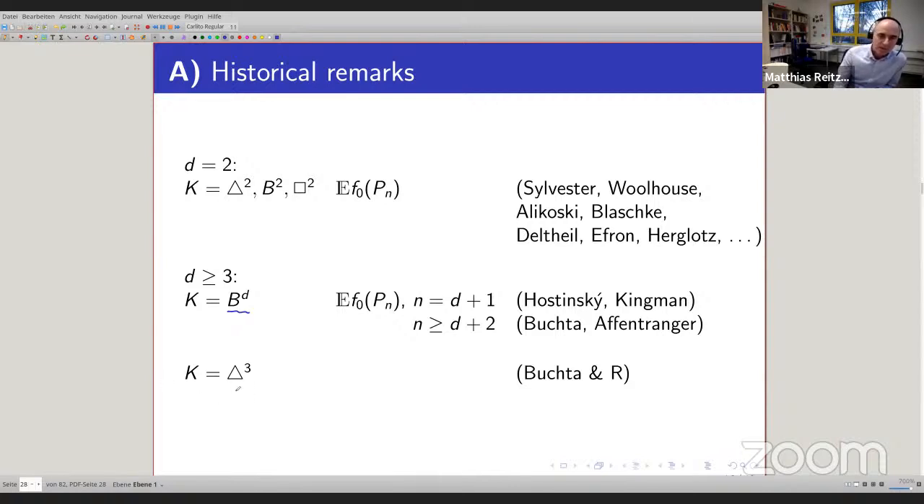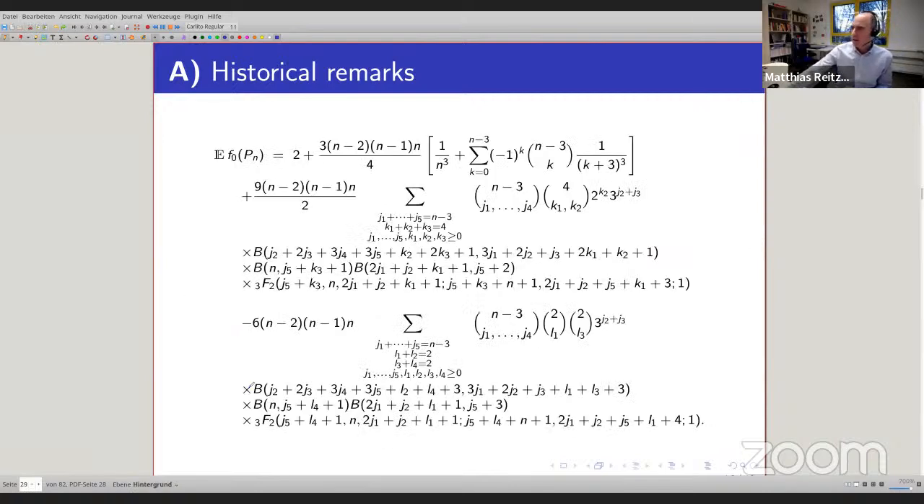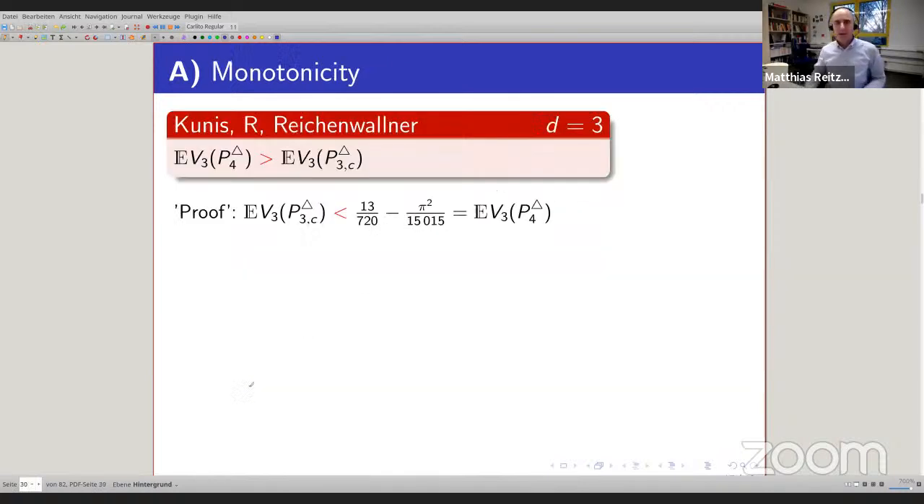But what we have also in dimension 3 is the 3-dimensional simplex. The formula for the 3-dimensional simplex is complicated, but at least we can compute it. And the outcome for the 3-dimensional tetrahedron is given here. So this is something which we know. The right-hand side is known. What is not known is the following. So in the 3-dimensional tetrahedron case,